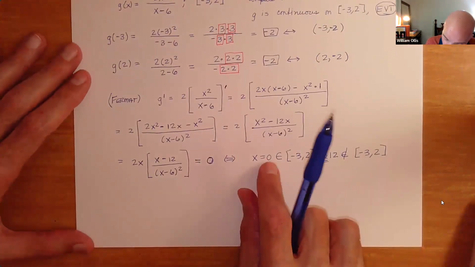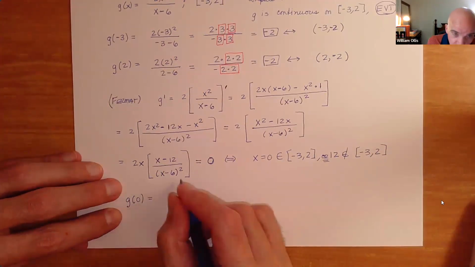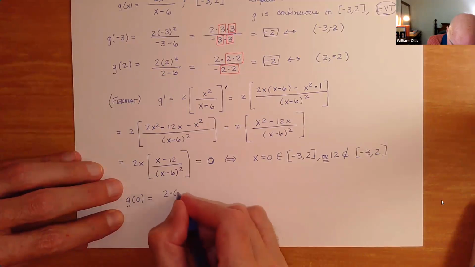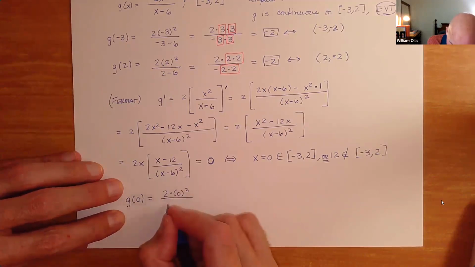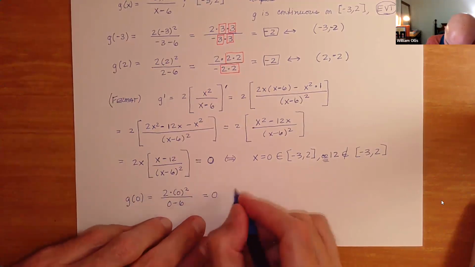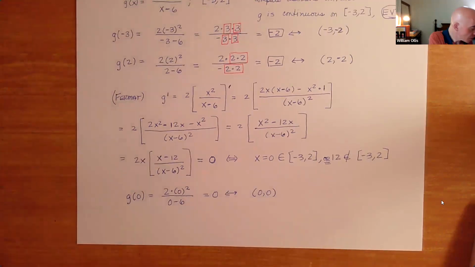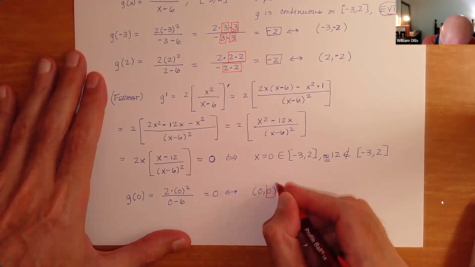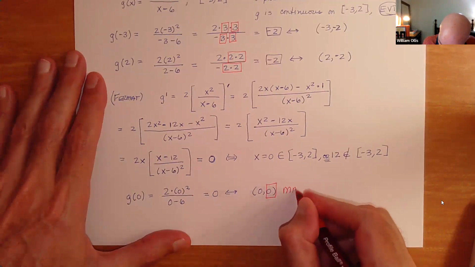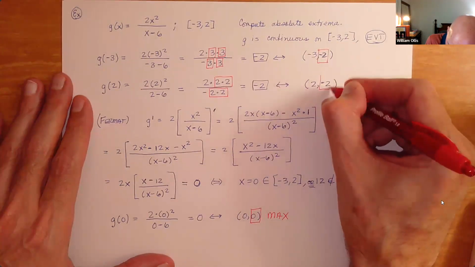So now we need to check 0. So g of 0, well, that's easy. That gives us 2 times 0 squared divided by 0 minus 6. Well, of course, that's just 0 over negative 6, which is 0. So this corresponds to the point 0, 0. So now, when we look at this, we see that we have a maximum value of 0, and the minimum occurs twice, but we're just,